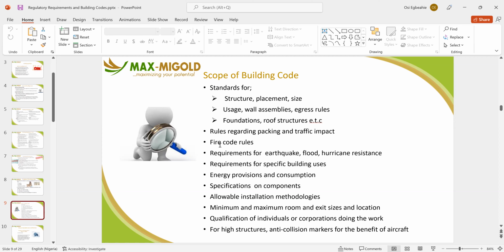Also, we look at fire code rules, how you manage fire, and requirements for earthquake, flood, and hurricane resistance. That's what they also check. We also check the requirements for specific building uses, the kind of buildings that they are using. If you are doing a church, a hotel, or a hospital, there are basic requirements for special buildings. They also look at energy provisions and consumption, how you consume energy, and